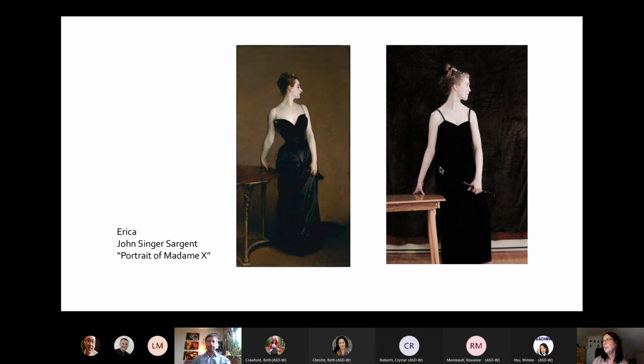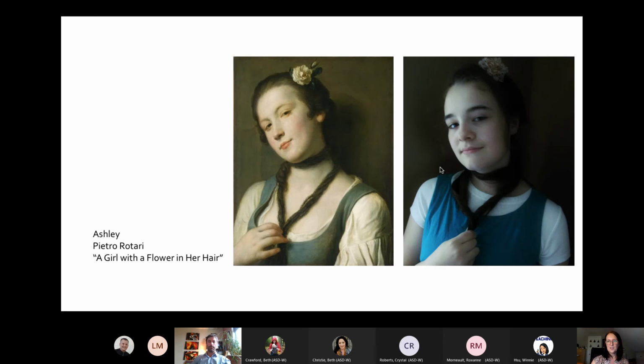And I noticed that during the early part of COVID lockdown, a lot of people were doing this at home, and it was great fun, entertaining to watch people trying to create these art historical images with what they had around the house. But what it gets my students to do is to really examine those things about art history that you want them to notice. They start to notice composition, they notice color, they notice lighting, they notice what's emphasized, they notice angles, and they really have to work